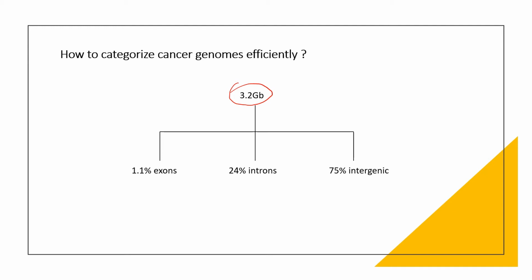And when we classify that information, we can see that there is a lot of information that out of this 3.2, only 1.1% is the exon, 24% are the introns, 75% are the intergenic regions. Intergenic regions means the regions between the two genes. So all this information is present in the human genome, and if we are talking about cancer genomes,